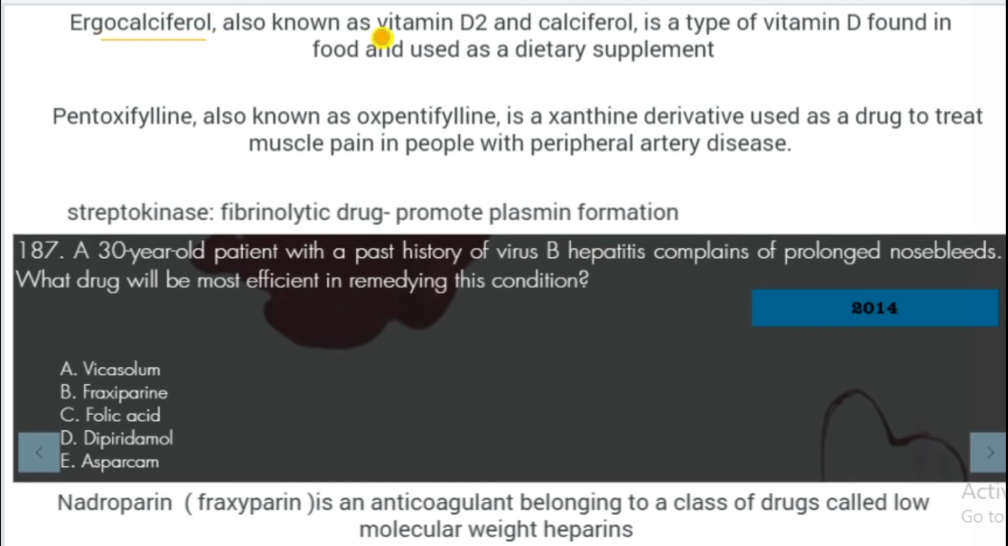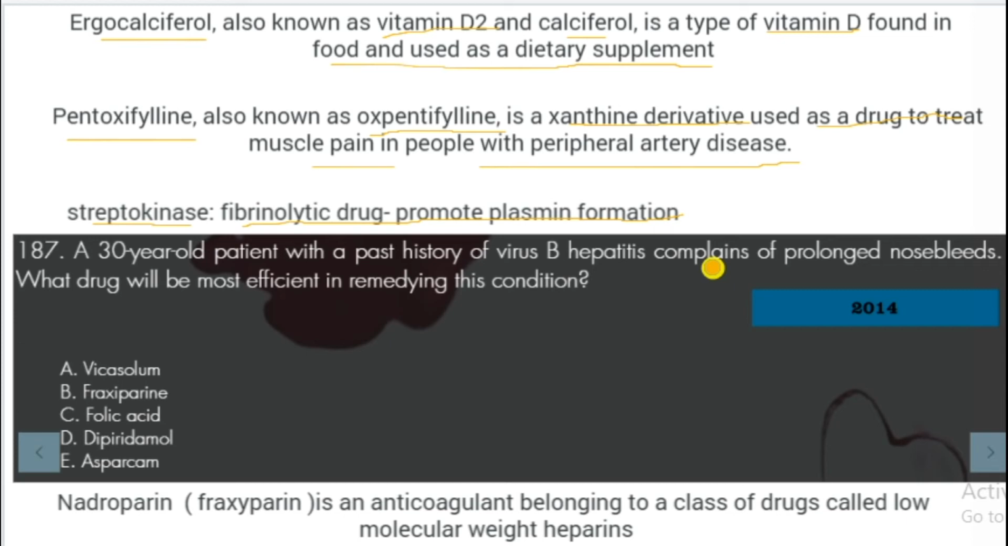Ergocalciferol, also known as vitamin D2 and calciferol, is a type of vitamin D found in food and used as a dietary supplement. Pentoxifylline or pentoxyl, also known as oxpentifylline, is a xanthine derivative used as a drug to treat muscle pain in people with peripheral artery disease. Streptokinase is a fibrinolytic drug that promotes plasmin formation, so it